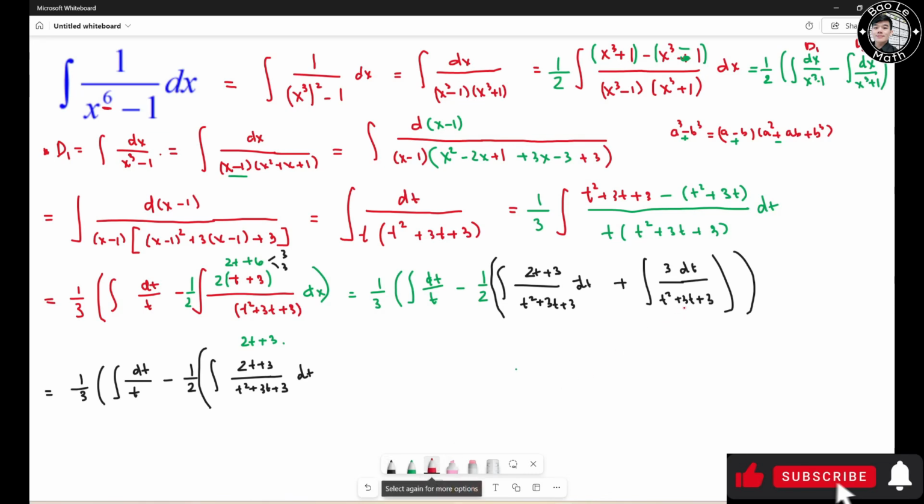So I just divide 3 by 2 and then square, right? So this turns out to be t plus 3 over 2 all together squared, and then I add 9 over 4, right? So I rewrite plus 3, and then I need to minus 9 over 4, right? So this turns out to be t plus 3 over 2 all together squared plus